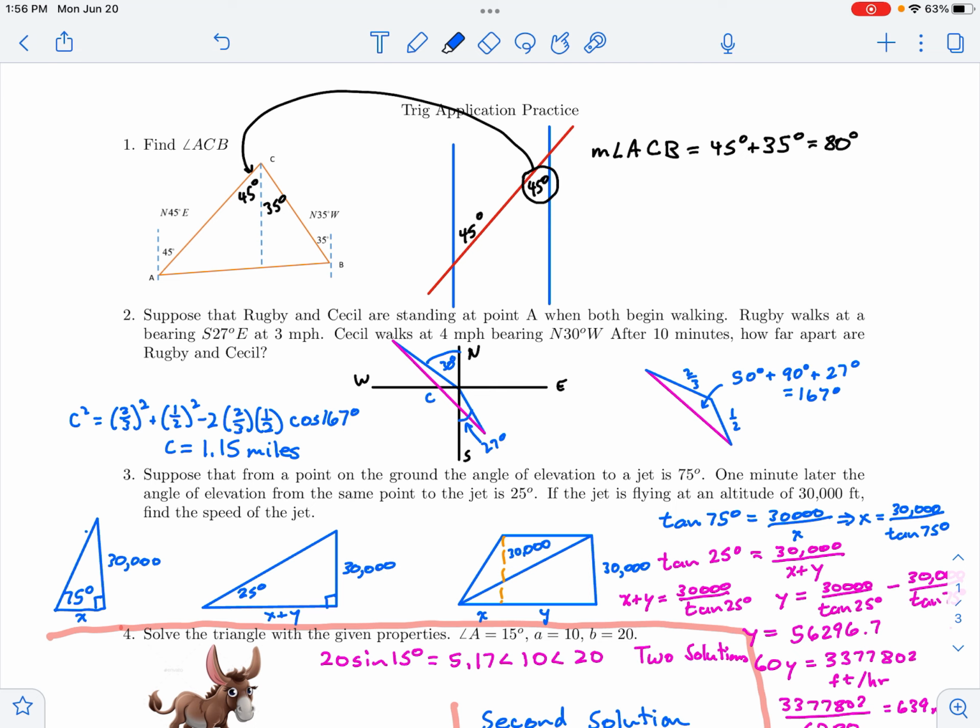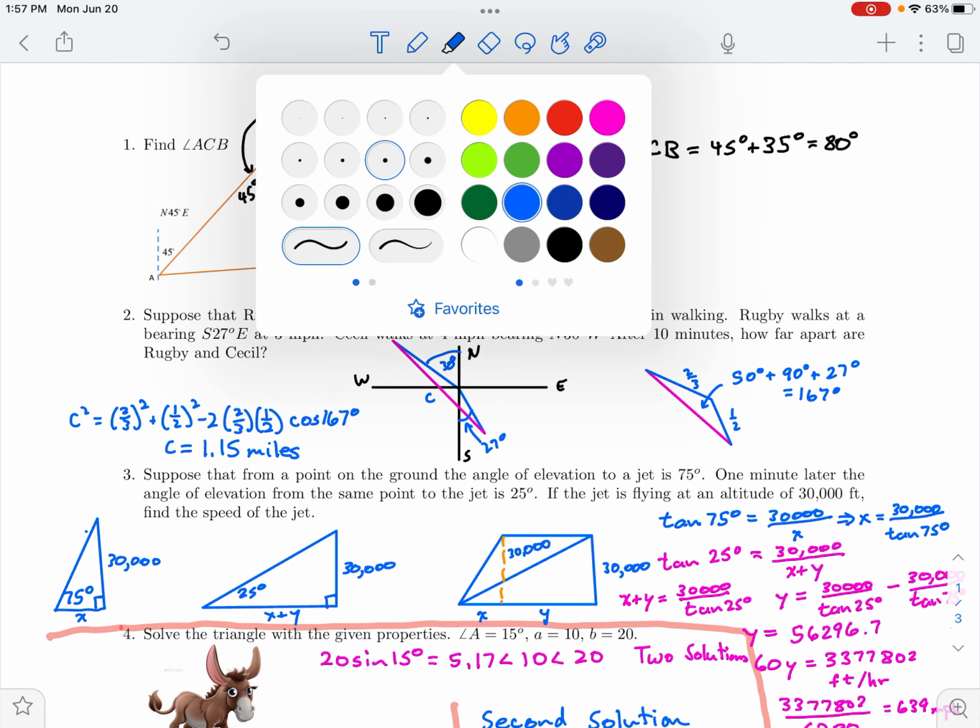Now, I needed to get this angle because I'm going to need to use the law of cosines to get this side right here. I've got the two sides, but I need the included angle. Well, so here's what we've got. Notice that if you think about this part of the angle right here,